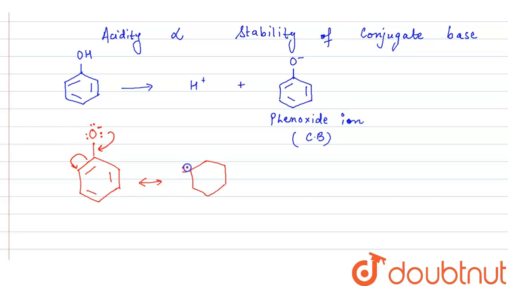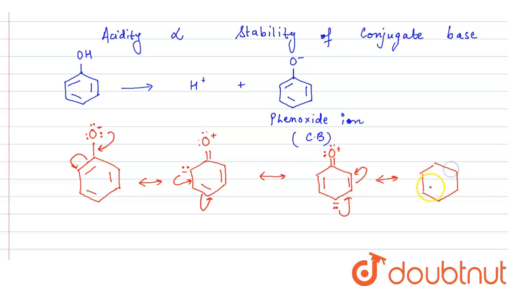Here we get negative charge and lone pair, double bond, double bond, double bond, O positive. Then this electron will transfer here and this bond breaks, and from here we get, now here double bond, here negative and electrons, and here double bond, O positive. Then these electrons will transfer here and this bond breaks. So from here we get double bond. Now here we get double bond, and here negative charge with lone pair, and here double bond, O positive, and